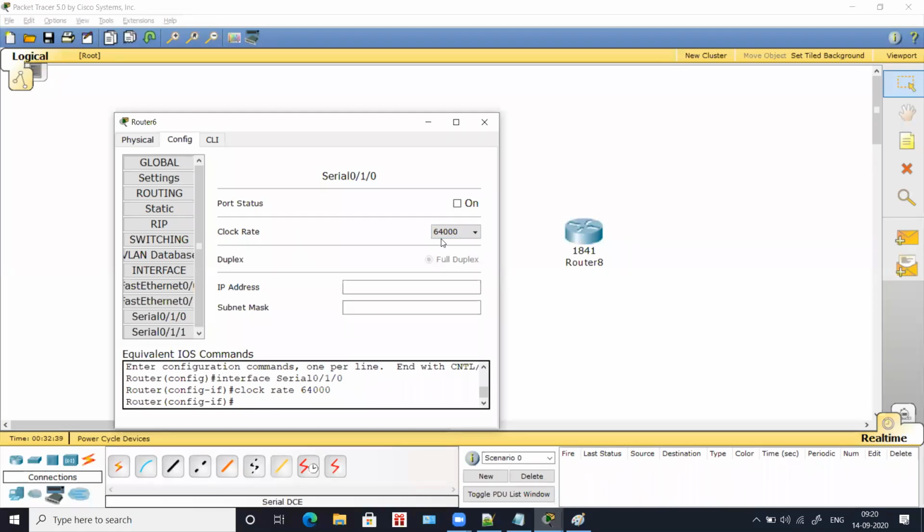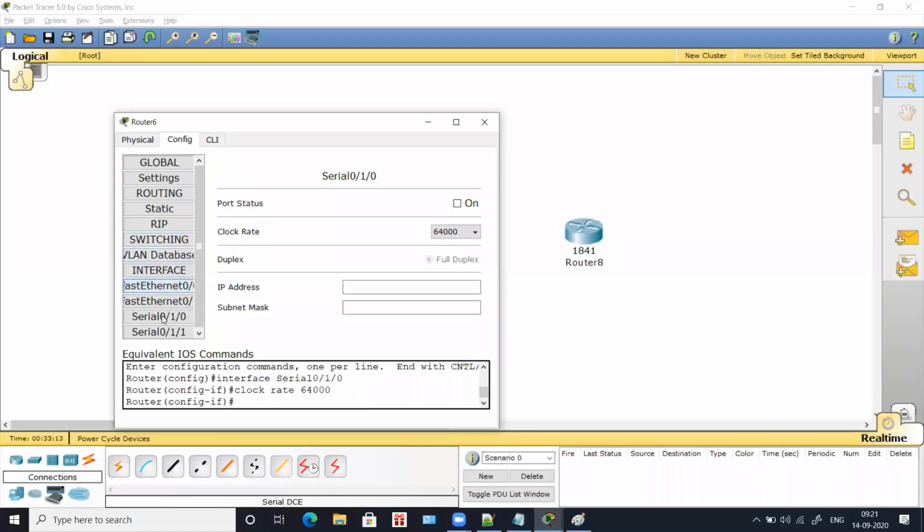Now, once this is done, yesterday when I taught you about assigning an IP for a router, I told you how it can be done in a command line interface, that is, in command prompt. Many of you got errors, well and good, but still you came up with your assignment completed. Great. So today I will tell you how easy it is to assign an IP, not with the command line but in a graphical user interface. I'll tell you what clock rate is. Just give me 1 minute.